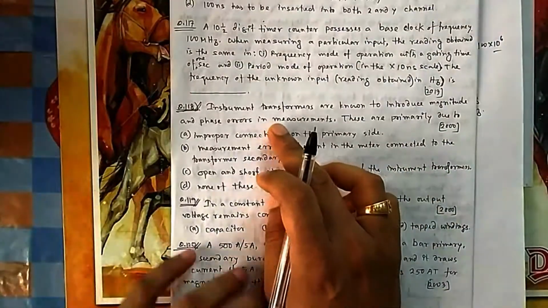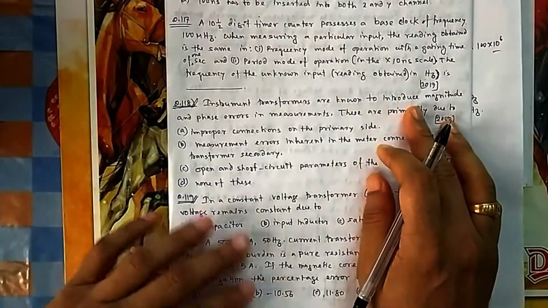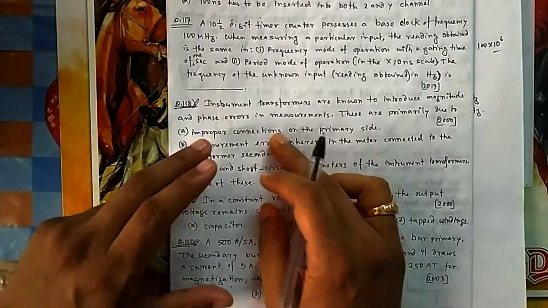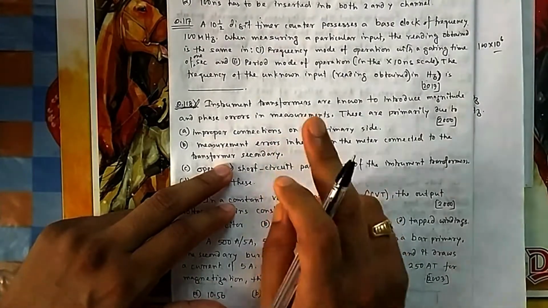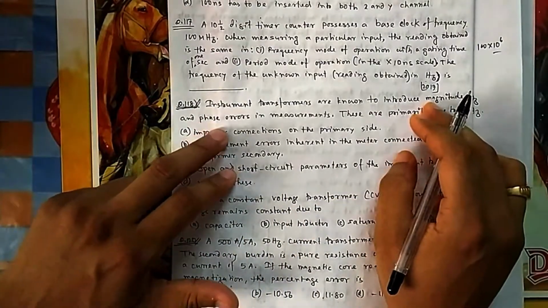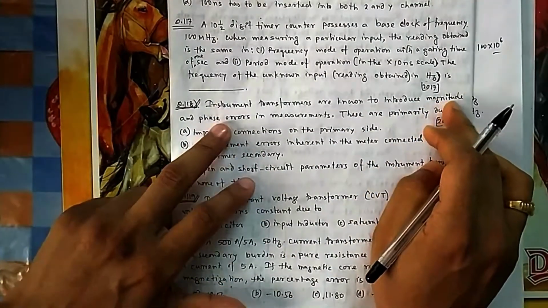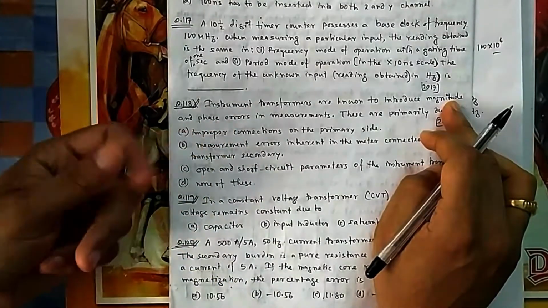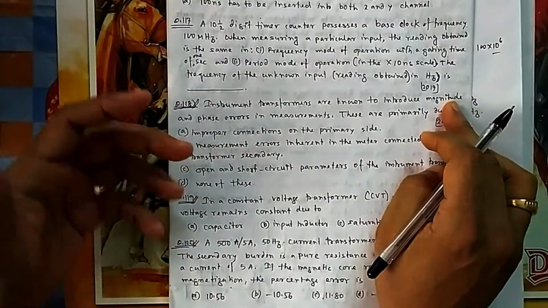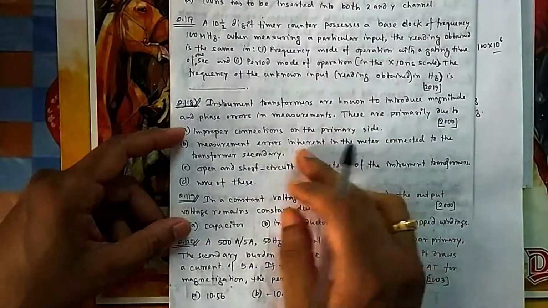Now if you come to 118, it is coming to instrument transformer now. So instrument transformer, that is CT PT, are known to have magnitude and phase errors. These are primarily due to... So before going to this, I have discussed this one in the CT PT CVT lecture. I will give a link, you can go through that, where I have discussed a little bit about this error, not so in depth. You complete the video, and in some portion you will find I was discussing about this. This is basically due to the magnetic component that comes in the no load current in the transformer. Due to magnetic saturation there is much error, and there is also magnetic flux leakage. So due to that, let's read this.